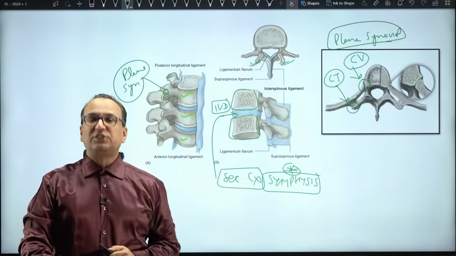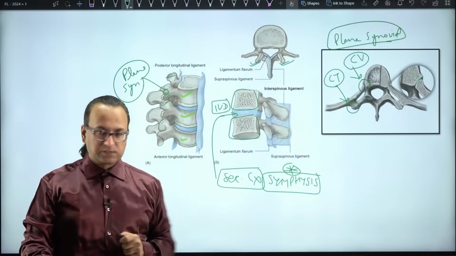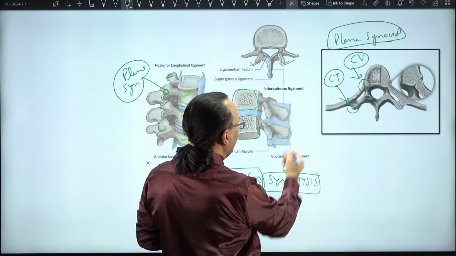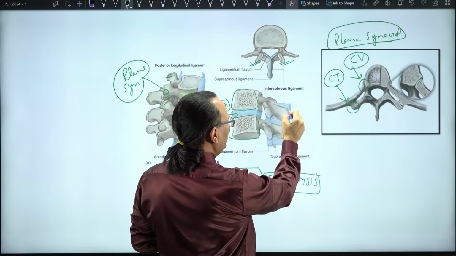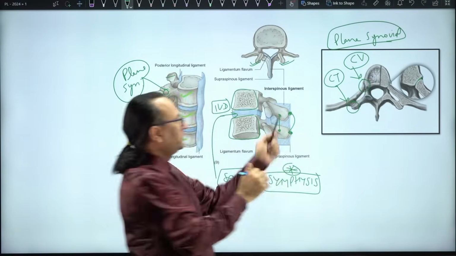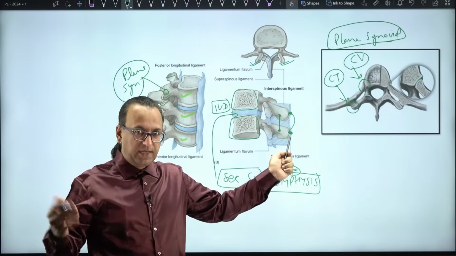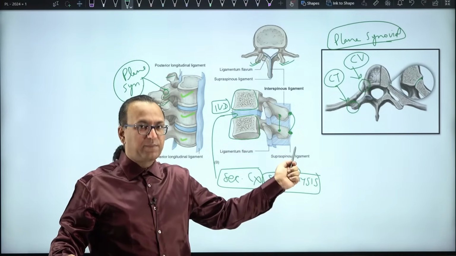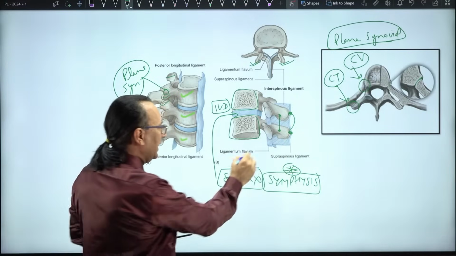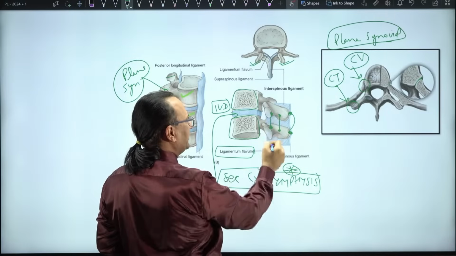Now, they also have syndesmosis. Syndesmosis means fibrous joint. How do they have a syndesmosis fibrous joint? You see, there are some ligaments which are connecting them. If you look at the spines, they are connected by supraspinous and interspinous ligaments. Now, the joint where fibrous attachments hold the bones qualifies as syndesmosis, a fibrous joint. So, the supraspinous ligament, interspinous ligament, or ligamentum flavum, which is connecting the laminae of the adjacent